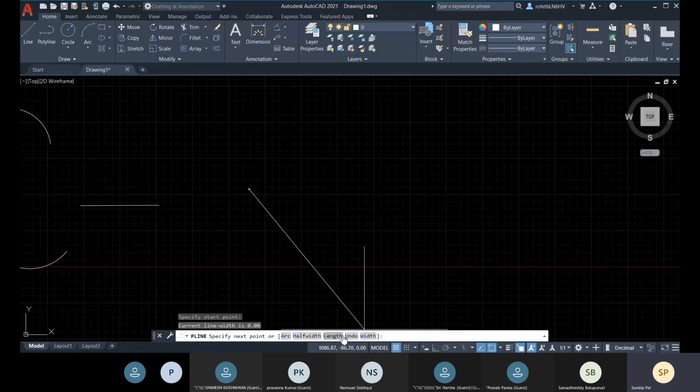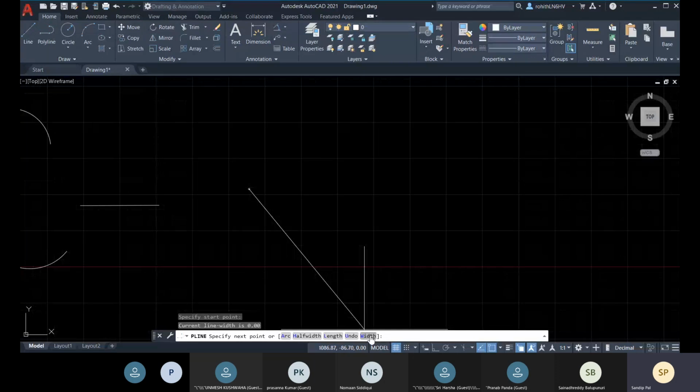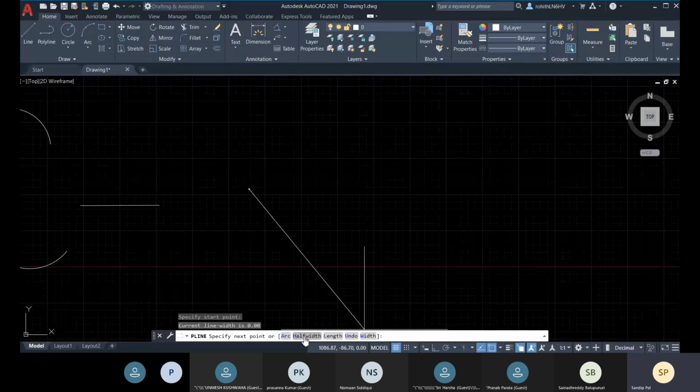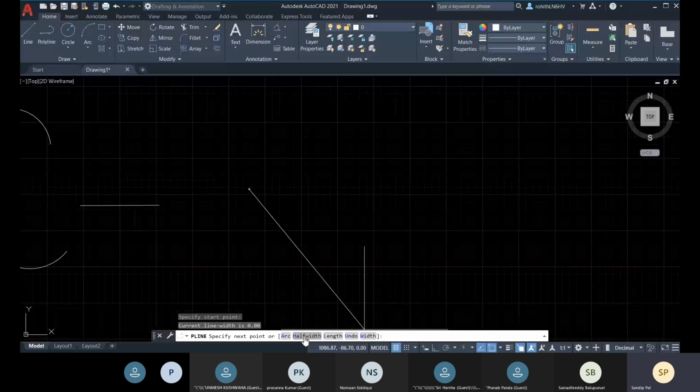And after that, what you can do is mention width or half width. The output will be similar, but for half width you will just provide half the value of your width, and here you will mention the whole value of your width.